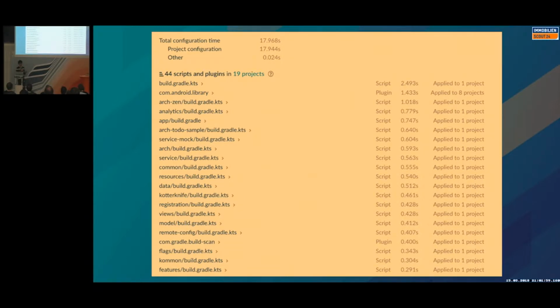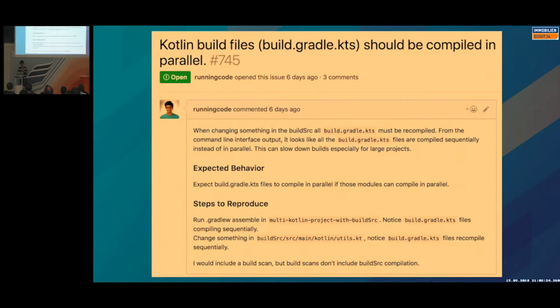Another thing is that your build.gradle scripts do not compile in parallel. So you actually have to wait 2.5 seconds before this one can compile, and then 1.5 seconds before this one can compile, and on and on and on. So as you start to modularize your build, you can actually get really, really slow builds. I filed a bug about this because if people want to actually be able to use this, this is kind of a big problem. So if you go on the Gradle Kotlin DSL,